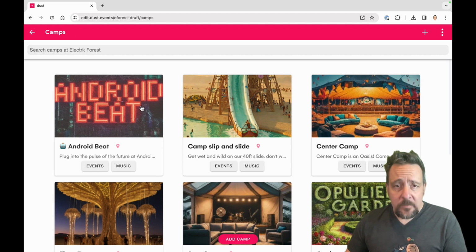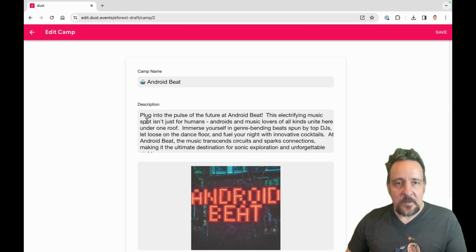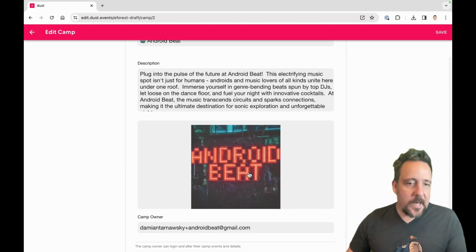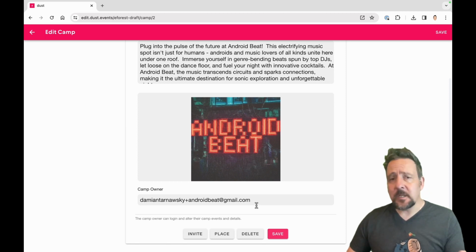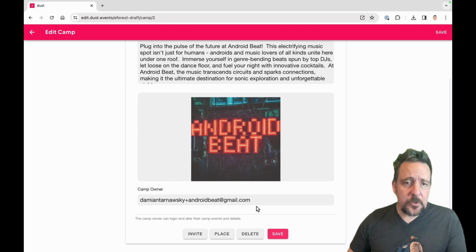We can just click on one of those and it'll allow us to edit the details of the camp. So camp name, description, an image associated with it, and a camp owner. Camp owners are pretty important. It's the email address that's associated with the camp. You don't have to put these in. You can edit everything yourself, but you can also allow camps to edit their own details just for their camp